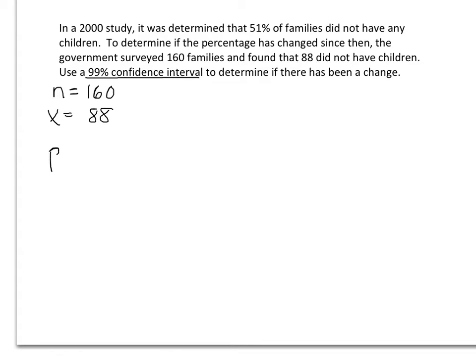Well, the first thing we're going to do is find our p-hat value, which you remember is x divided by n. So in this case, 88 divided by 160, which is going to give me a p-hat value of 0.55. Now we're going to find our confidence interval. Remember from before, our confidence interval